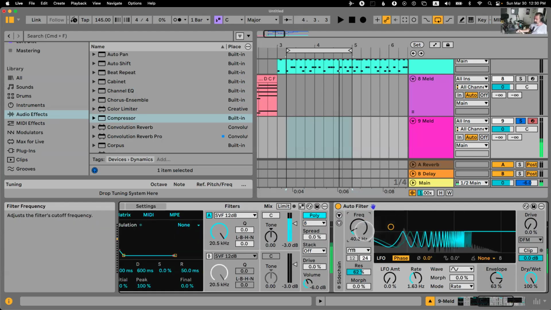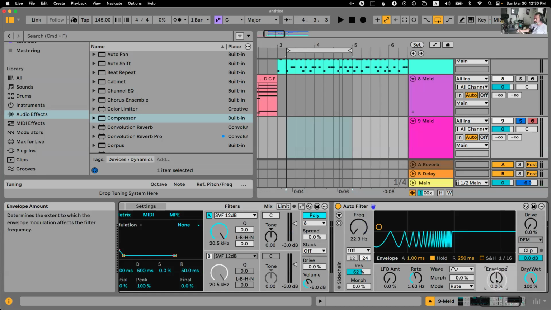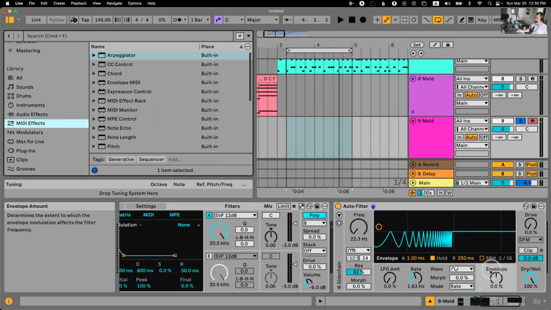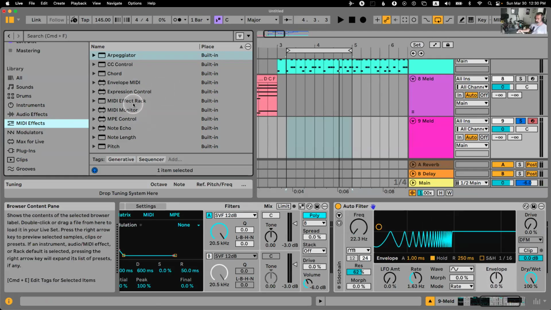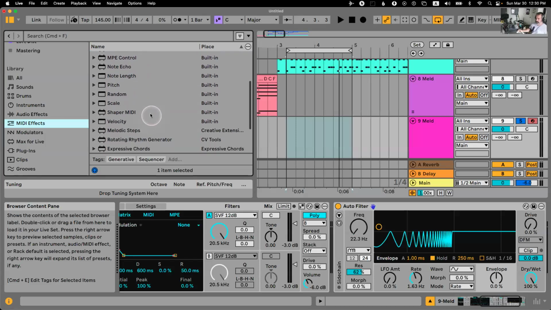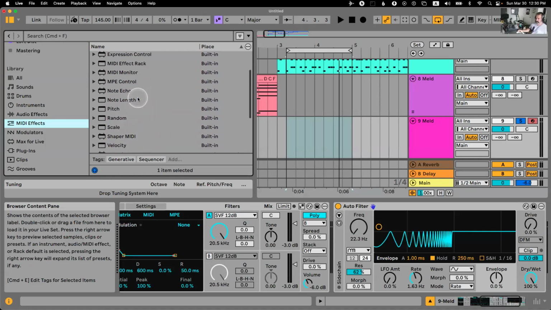Let's, can we create that Daft Punk vibe? Let's see. I'm not gonna use that envelope because this is an envelope follower. It's not really a MIDI envelope, a triggered envelope. It's an envelope follower over volume. Let's take the MIDI envelope right here, envelope MIDI,